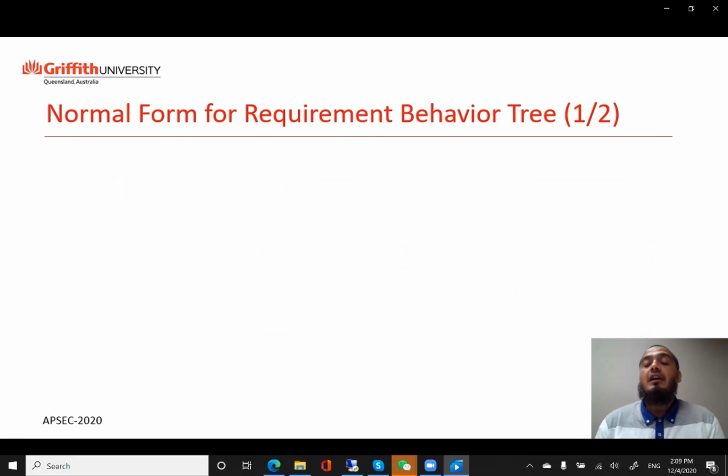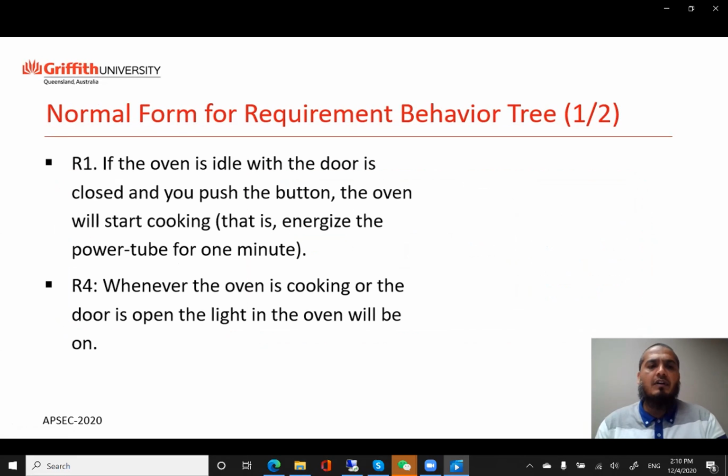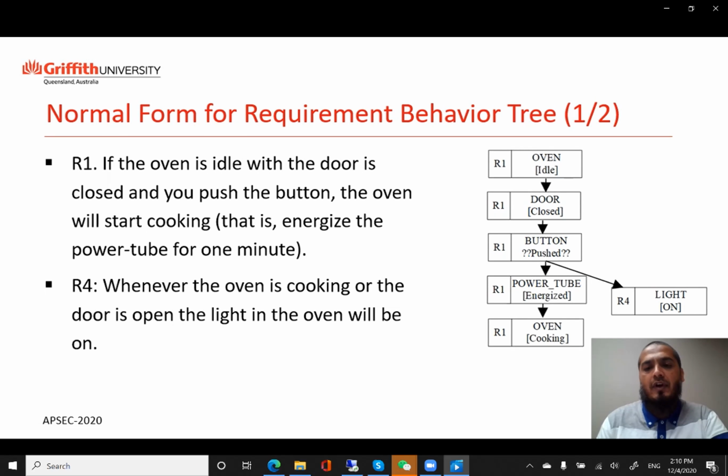So why do we actually need this? What's the problem that we are facing in our current research, and how have we addressed it? Okay, so I have taken two requirements of an already published case study, which is the O1 system. These are the two requirements, R1 and R4, and this is the corresponding integrated behavior tree for